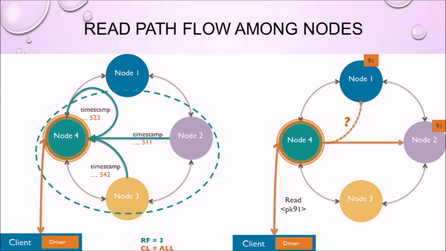So when you perform a read, a client normally has a client driver. It could be for any language, like .NET, Java, Node.js, PHP, whatever. It is talking to this particular node, which is acting as a coordinator because this is the nearest node for whatever reason. And this says, oh, well, I don't have the data. All the other 3 nodes have that particular replicated data, get the data value, and then this one has one with timestamp 523, 511, and 542. 542 is the greatest timestamp, it wins. Yeah? And if the other 2